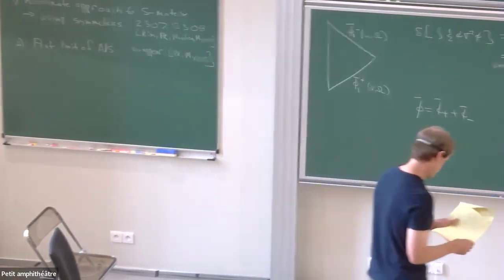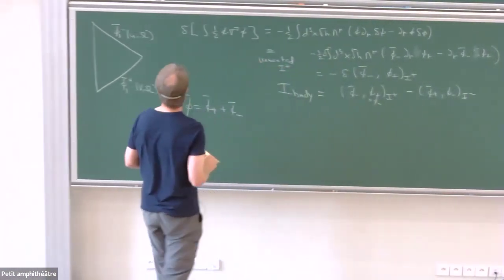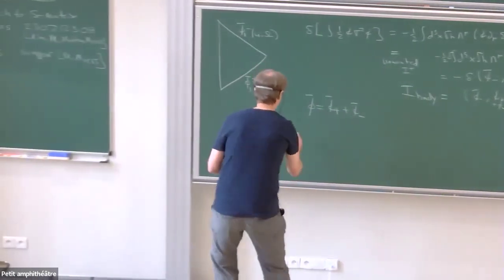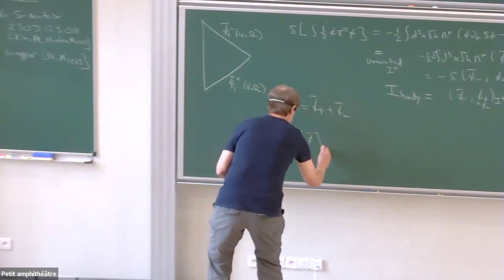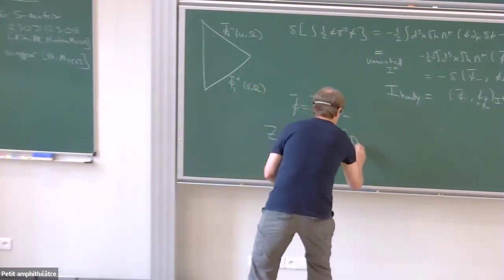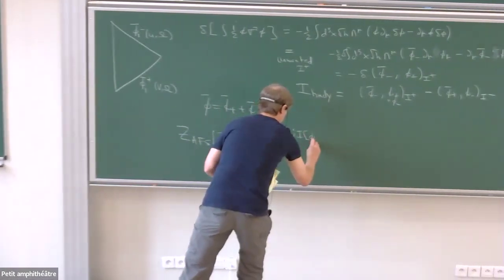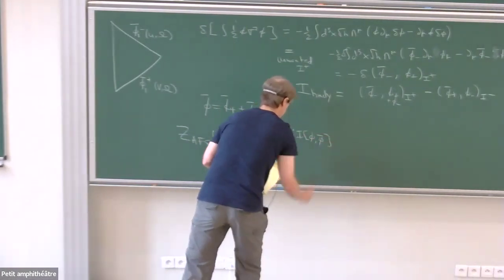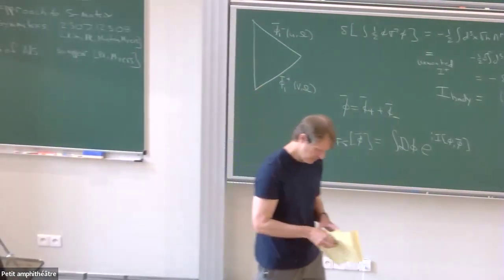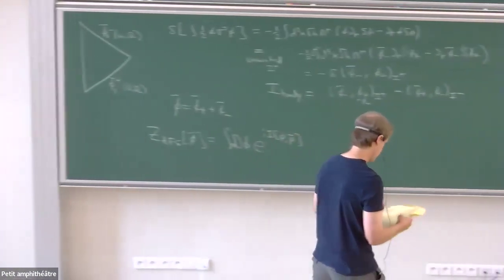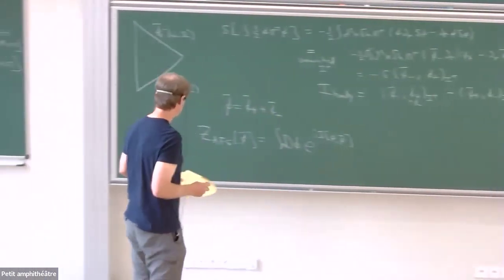Okay, so we have this, and then we go and compute. We do the path integral. We get this asymptotically flat space thing as a function of these boundary conditions, just by doing the path integral with this thing here, which in action depends on phi, and of course it also depends on the boundary condition. Okay, so what is this thing that you've computed? So one way to make sense of this matrix